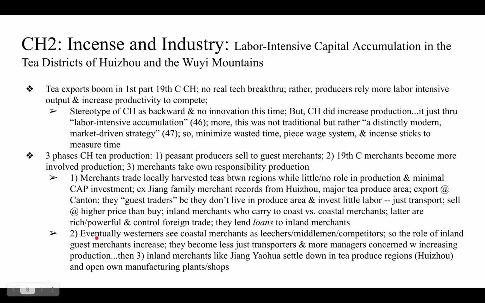During the second phase, Westerners who are buying the tea in Canton come to see the coastal merchants as leechers or parasites or middlemen or even competitors whose role is basically unnecessary in the production of tea. So the role of the inland guest merchants increased from this time. They became less just transporters and more managers concerned with increasing production, which then leads to the third period where